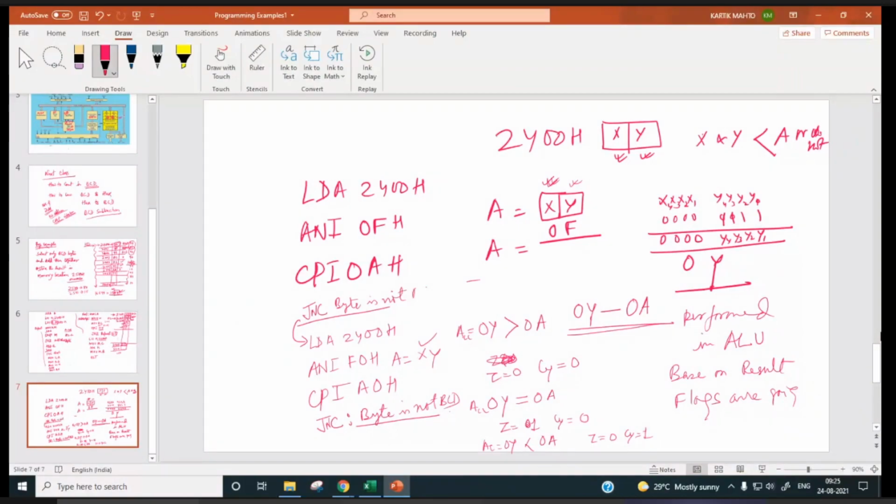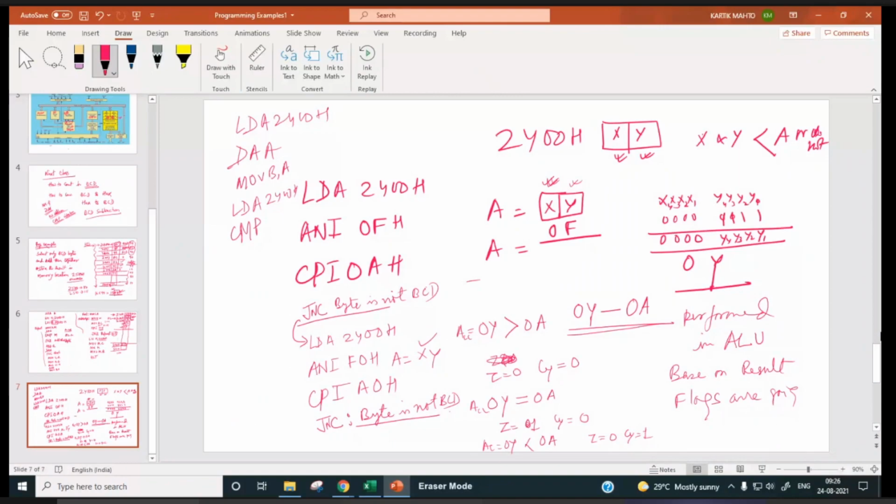But we can do it very simply. LDA 2400H, DAA, move B comma A, LDA 2400H, and then what will our instruction be?